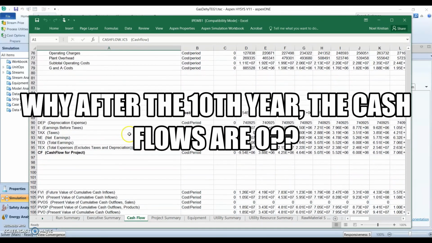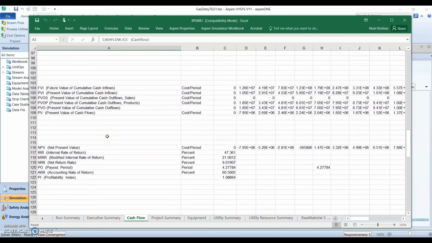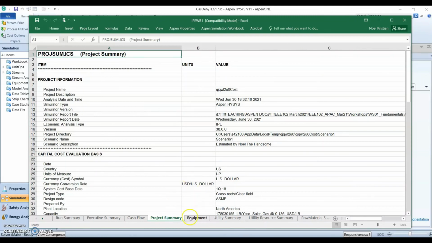Expenses, operating costs, the revenue, and then some of the project evaluation terminologies that we have taught you in the RISE package. For example, the net present value, internal rate of return, payout period or payback period, profitability index, and so on and so forth. Then the project summary, and so on and so forth.